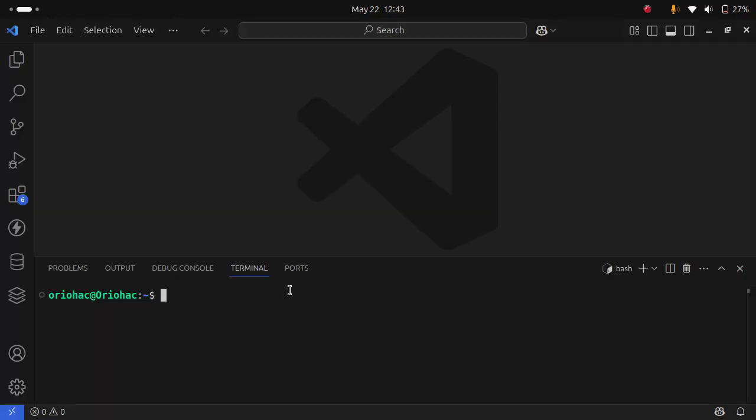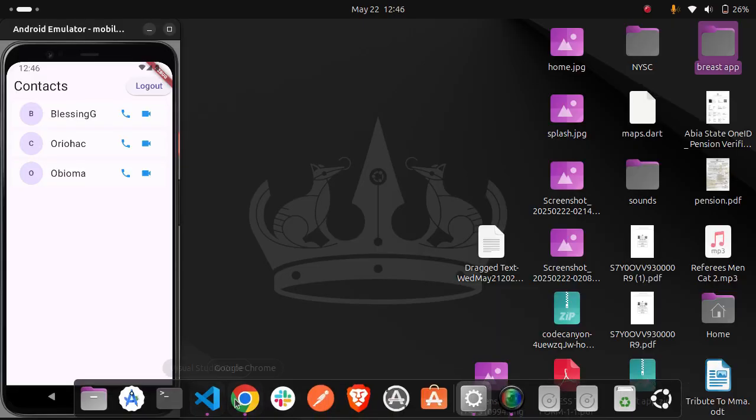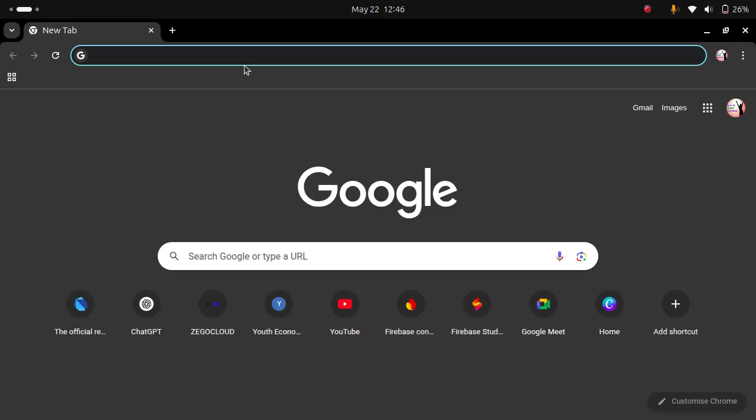Before we proceed, we will create a new Flutter project. We say flutter create zego, and we hit enter. Head to ZegoCloud.com